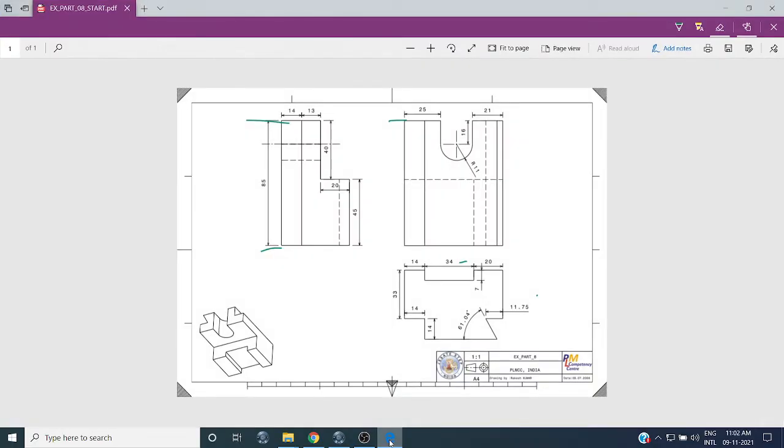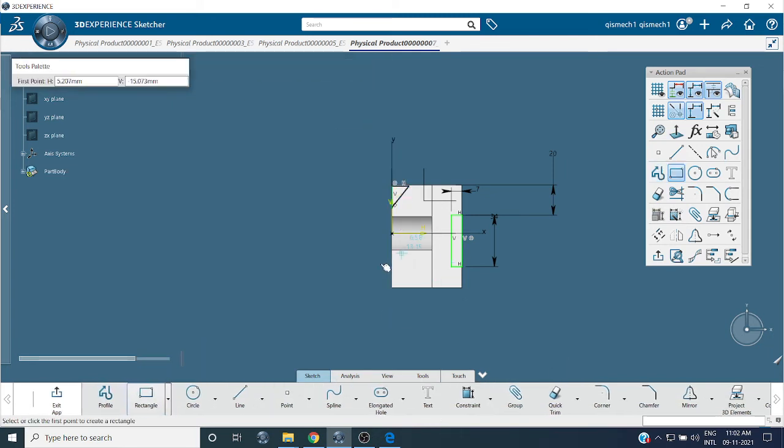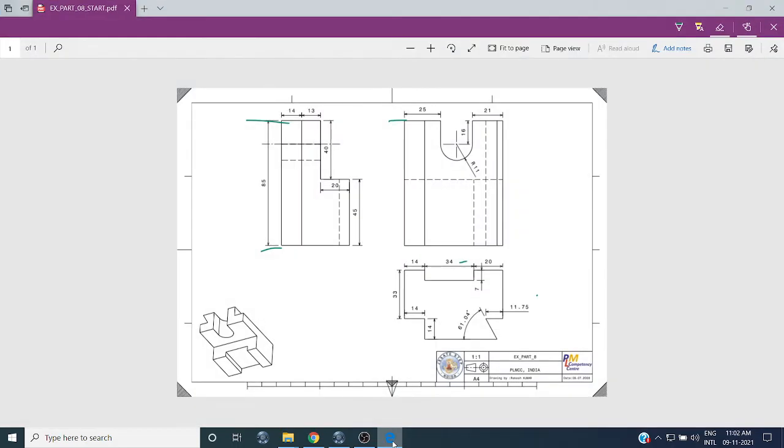One side is a rectangle, one side is a triangle. One is a rectangle. The triangle is 11.75, angle is 61.04.